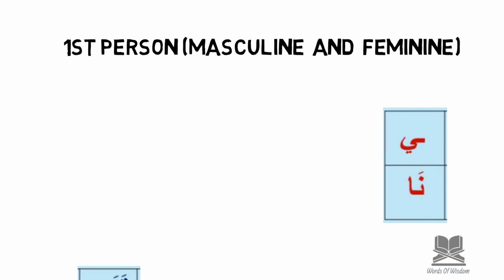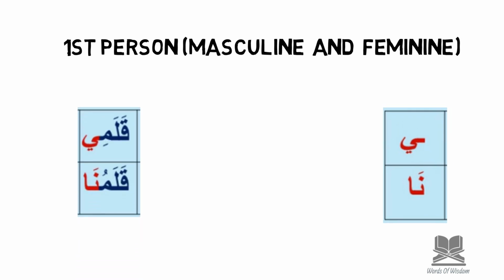That leaves us with I and we, first person. So here, if I want to say, I can't say I pen or us pen. I have to change it to my pen and our pen. So for my, it's the E sound. And for us or ours, we say the na sound. So qalam with the E sound becomes qalami, my pen. And qalamu with the na sound becomes qalamu na, our pen. Again, I will leave this chart in front of you so you can see each and every one of them